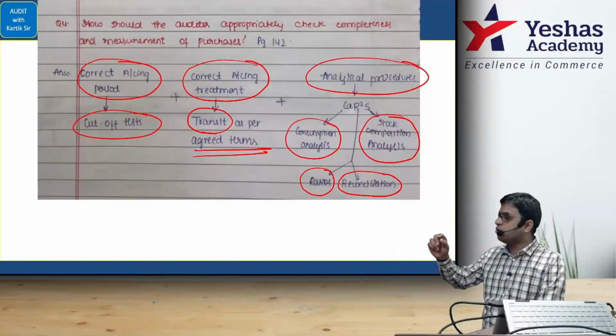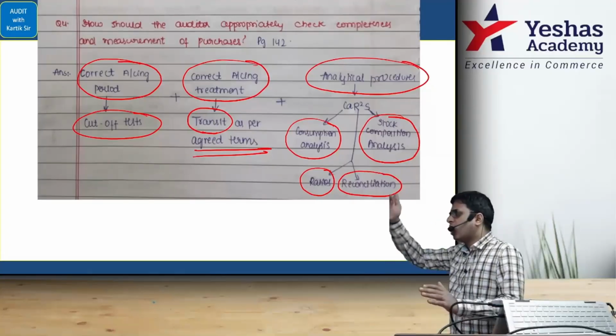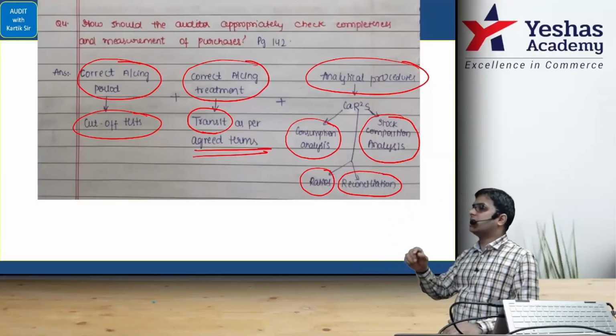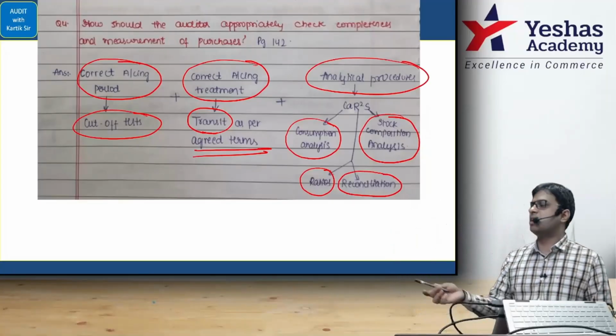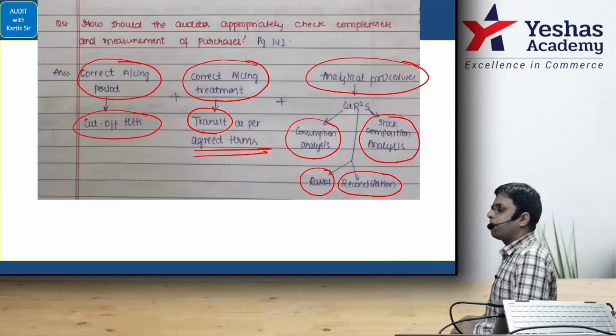Because you found the stock composition different from the last 3 years, where it was about 40%, 40%, 20%, and now this year it is 0, 10 and 90%, suddenly you got shocked. We'll question the management, and I will give you a reply regarding that. That is called stock composition analysis. Are you there with me? Yes or no?